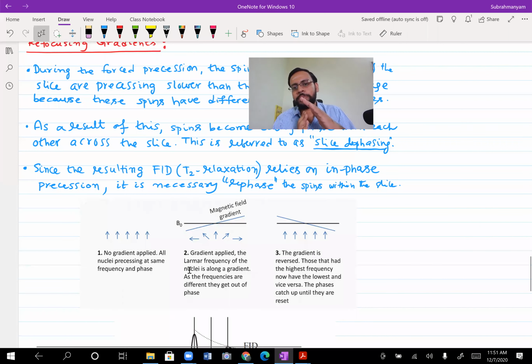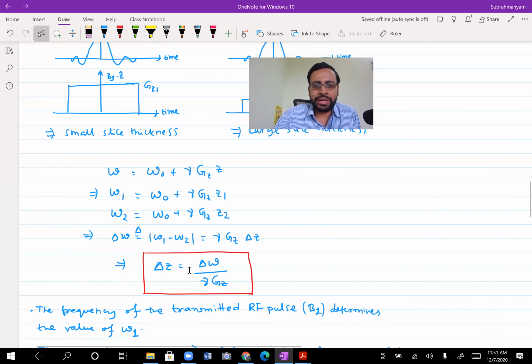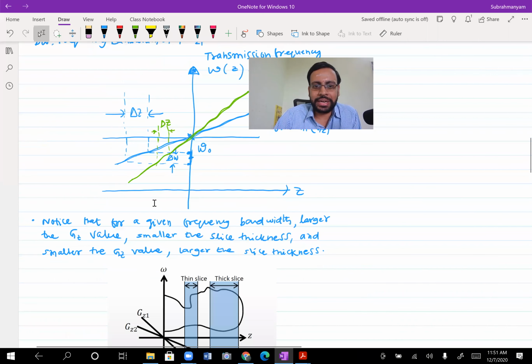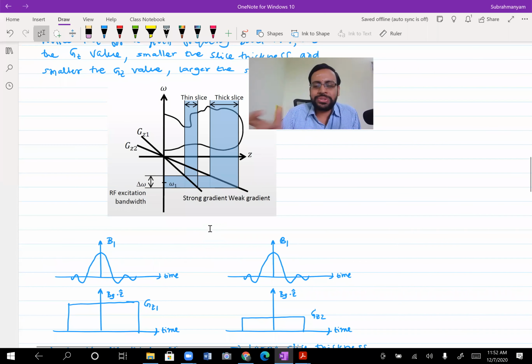When you are applying a magnetic field, the frequencies are different. When you are applying this gradient magnetic field here, the frequency at which each one is rotating is different. From that you could figure out that the response you are getting is over a particular region, but within this thickness, with the finer variations within it, each one is rotating at a different frequency. In other words, they are rotating at their own speeds.